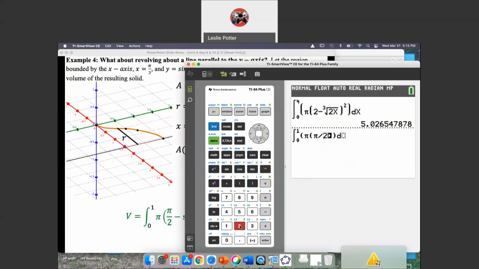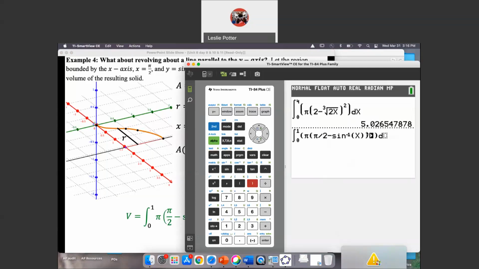And then I need minus inverse sine, so minus inverse sine of x. And now just look at these brackets here. The calculator closes that bracket for me, and that's just for the inverse sine of x. Now I need another bracket, because that other bracket is going to close off this whole thing, pi over 2 minus